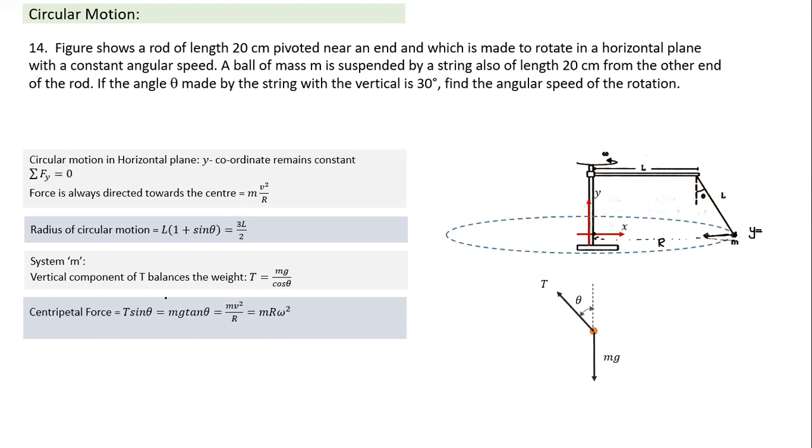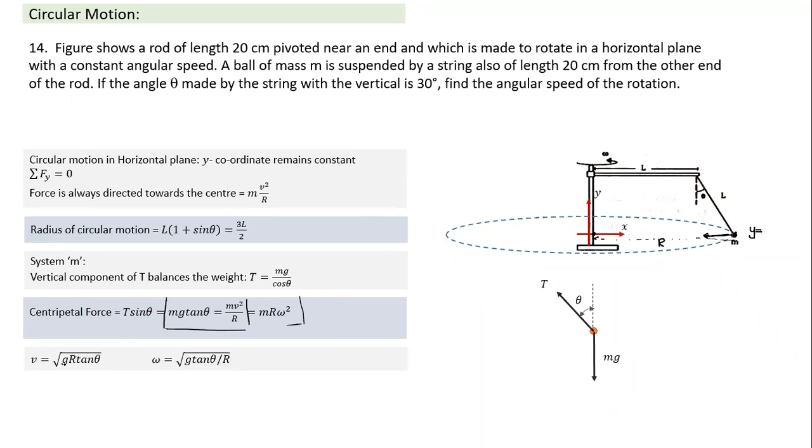This is the equation. Whenever two forces are acting, mg and another at angle theta, its horizontal component comes to mg tan theta, and that becomes equal to mv square by r or m r omega square, depending on what is given. And what is r? We find the radius, we substitute, and we get our answer. This particular question is from S.C. Verma. The numbers are not so easy to calculate, so I'm skipping the actual calculation. But you can do that calculation and arrive at the answer. It's fairly straightforward.